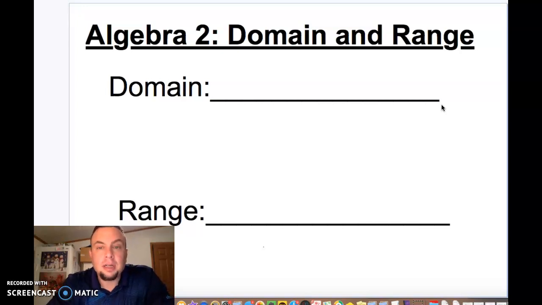So today we're going to talk about domain and range. So let's talk about this a little bit. Let's break down domain, let's break down range into some basic pieces. Domain, when you talk about domain,